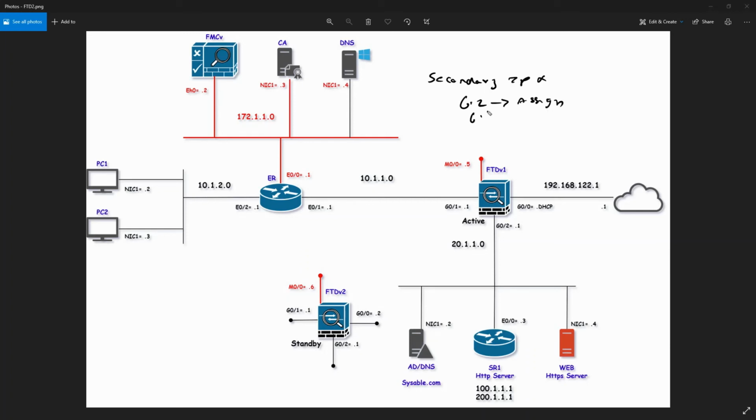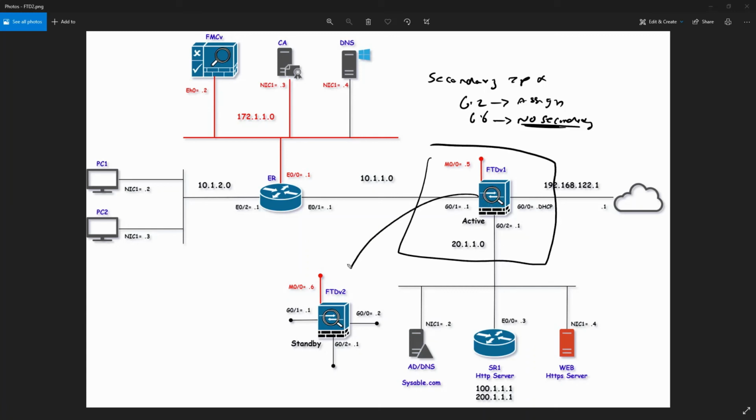But I think I'm using 6.2, so there is no secondary IP address in this one. So you're not doing anything over here. No configuration with respect to the secondary or primary IP address. It will only use the one IP address which is on the active, and all the IP addresses which are on the active will just be shifted to the standby in case of the failover. So this is a piece of information you have to keep in mind.